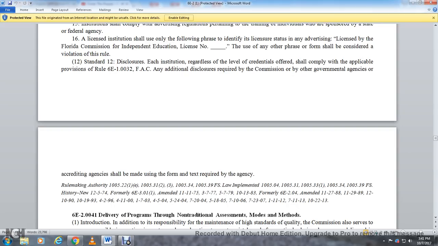Rulemaking Authority 1005.22(1)(e), 1005.31(2) and (3), 1005.34, 1005.39. Florida state laws implemented 1005.04, 1005.31, 1005.33(1), 1005.34, 1005.39. Florida state statute. History: new December 5th, 1974. Formerly